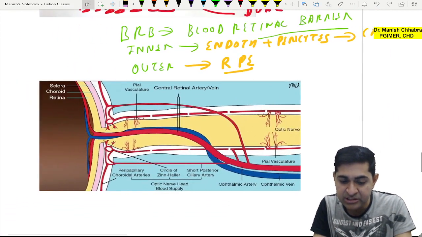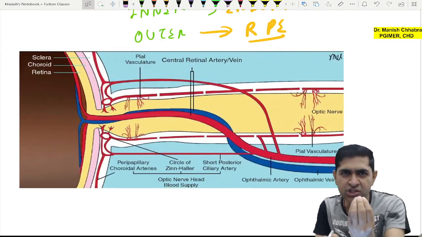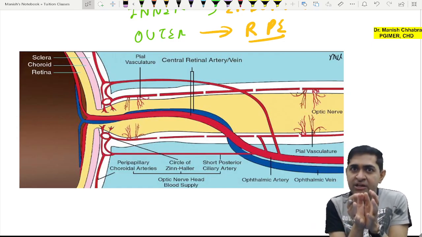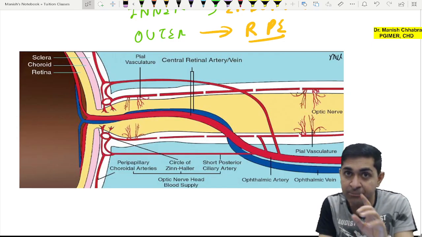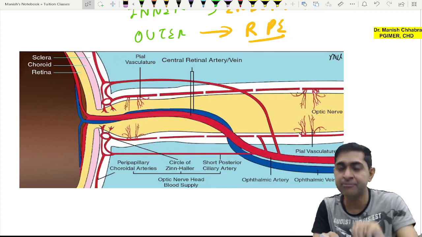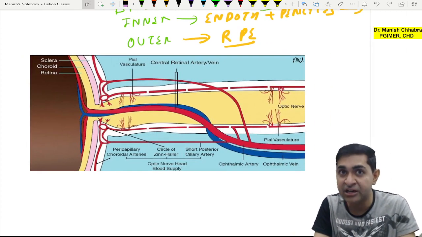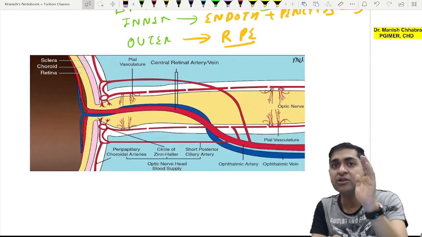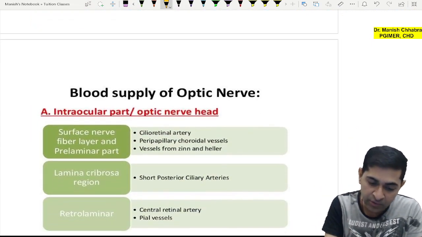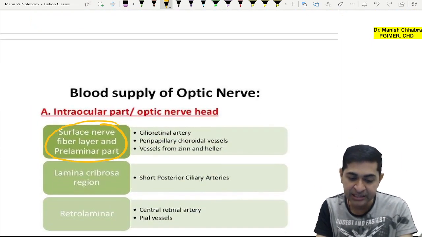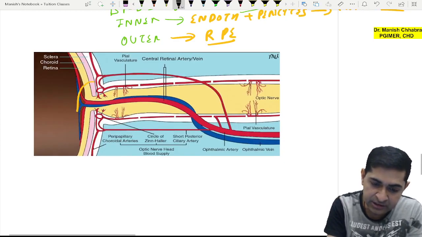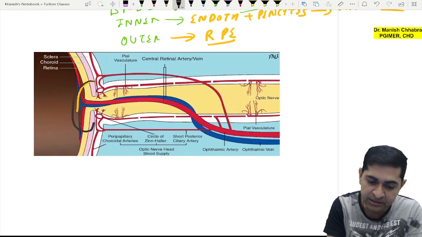Now next is your blood supply of the optic nerve. We'll just do a little bit of touch and go. Now we divide the optic nerve head. So I am talking of the blood supply of the optic nerve head. The optic nerve head is divided into three main parts. One is the prelaminar region, one is the nerve fiber region, and third is the retrolaminar region. So the nerve fiber region and prelaminar part is this. So this is your prelaminar part and